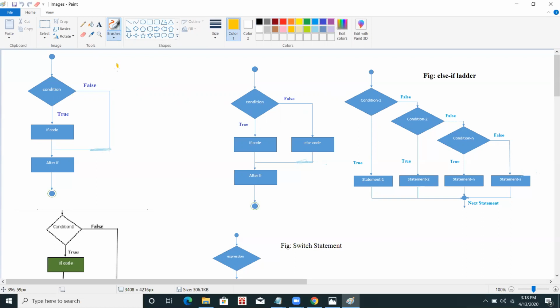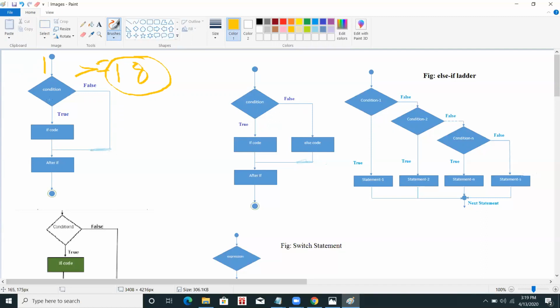If I say a person can vote only if the person's age is 18 years or above, and I write a program, what condition will I impose? I will impose that the age of the person should be greater than or equal to 18 years.